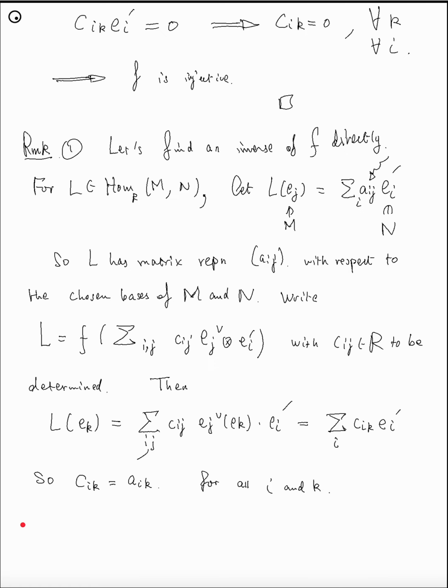And so the conclusion is: L is a linear map from M to N with matrix representation A_ij